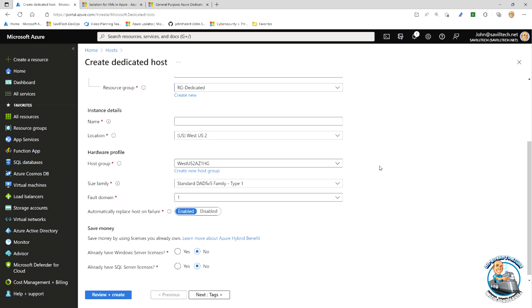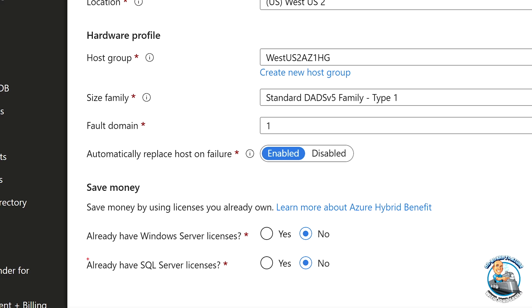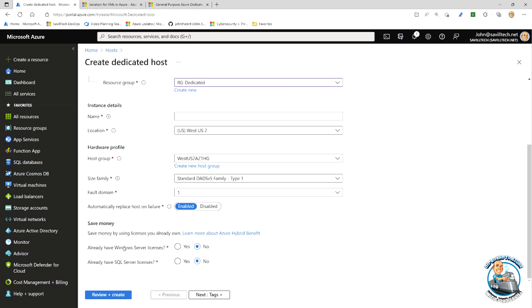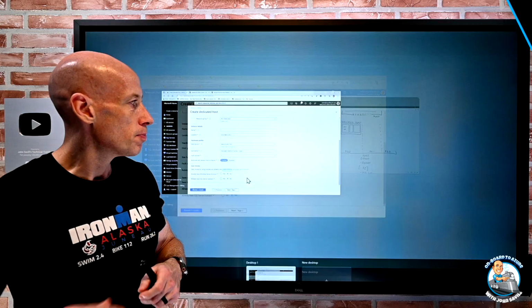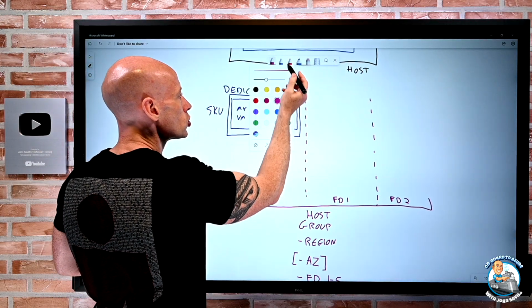I can pick the fault domain based on what I configured on the host group. There are options, depending on my auto placement, about automatically replacing the host. And do I already have Windows Server or SQL licenses? So that's creating the host. I'm creating a host in the host group, and I get to pick which fault domain I actually want to put it into. So I could create multiple hosts of different SKUs